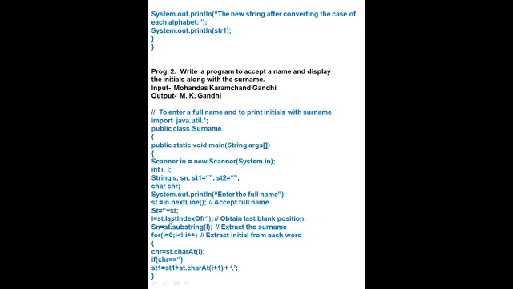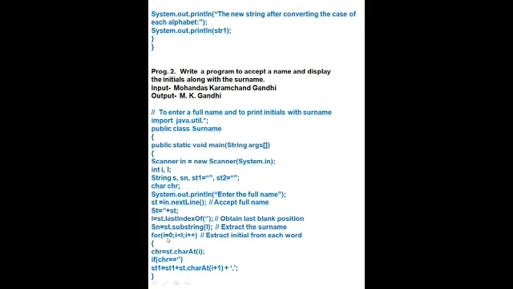L is equal to st dot lastIndexOf. We are doing last index of here, so that we will find the length up to d. Then obtain the position of the last blank. Then sn, the surname, is equal to st dot substring l, length. Whatever characters are there, that will be the length. So with st substring we extract the surname. Now we will extract the surname Gandhi from this string.